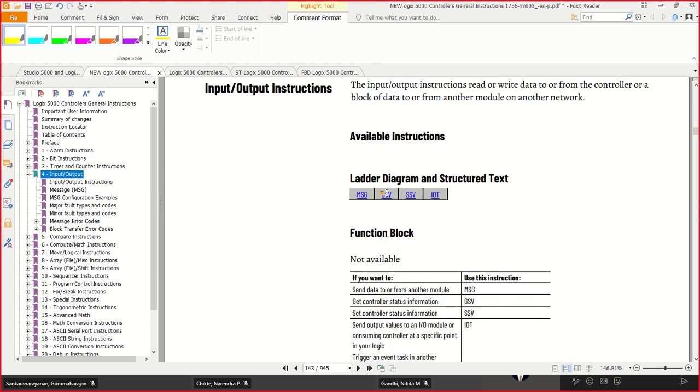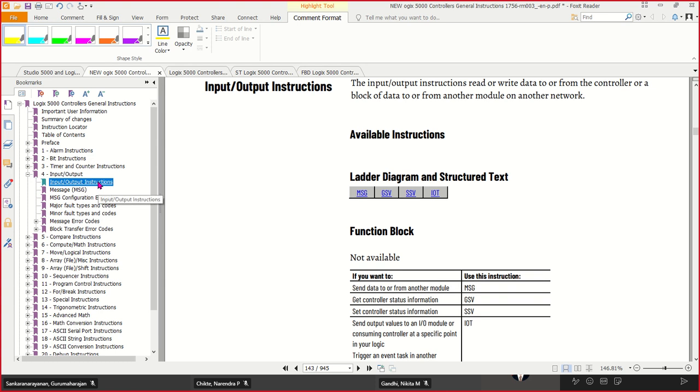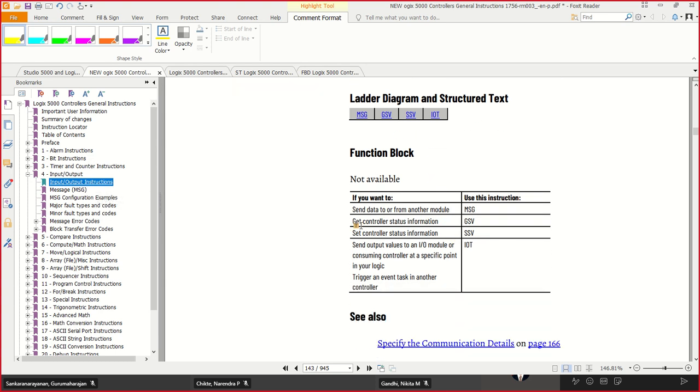These are the system instructions. These instructions we can use with the ladder diagram and structured text. These instructions are not available for the functional block, which are the message instruction, GSV and SSV, and IOT. We can see some description. MSG